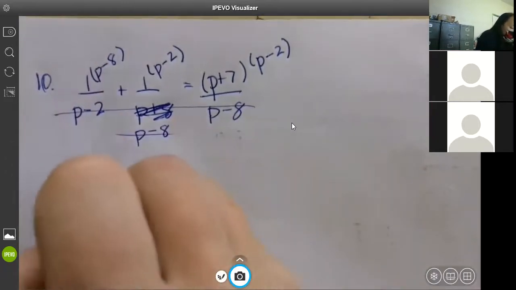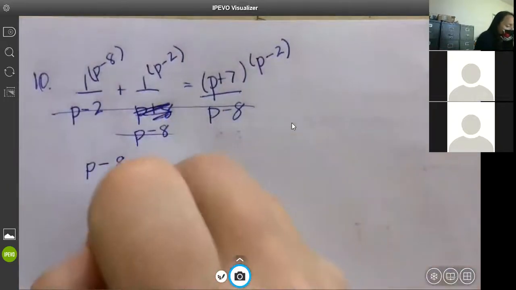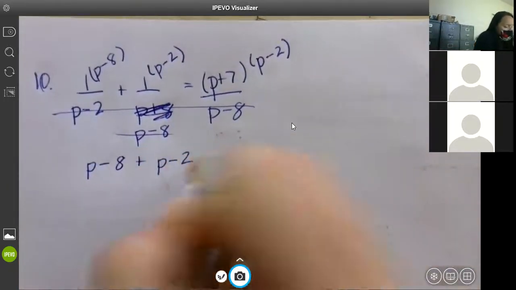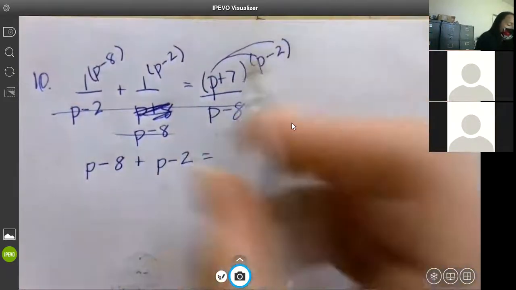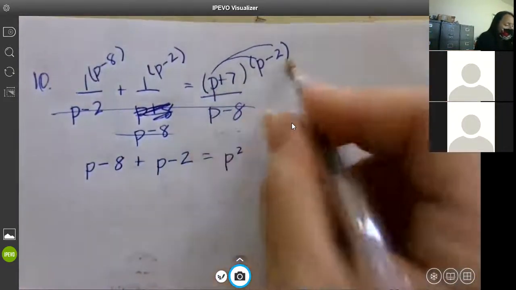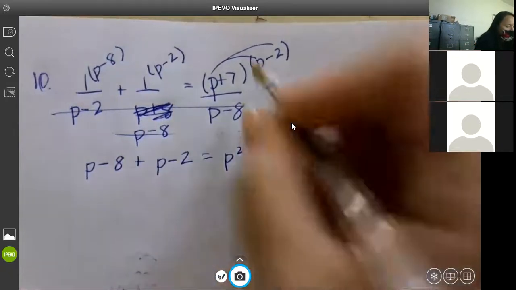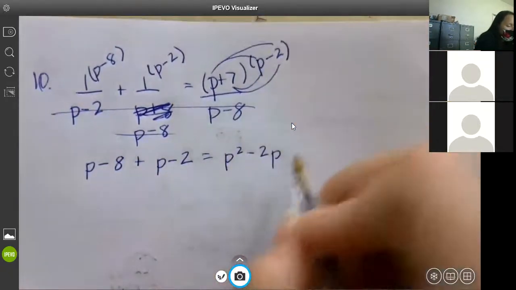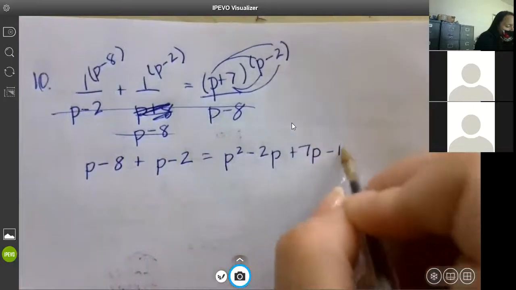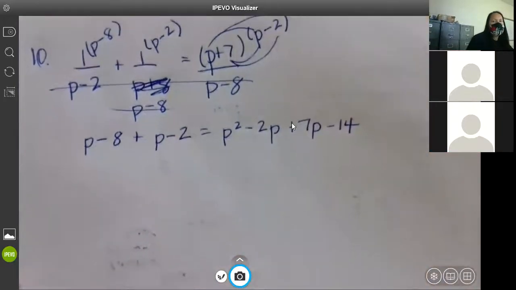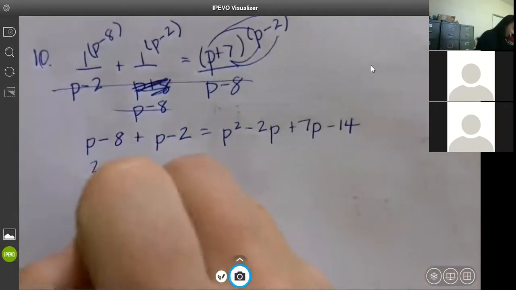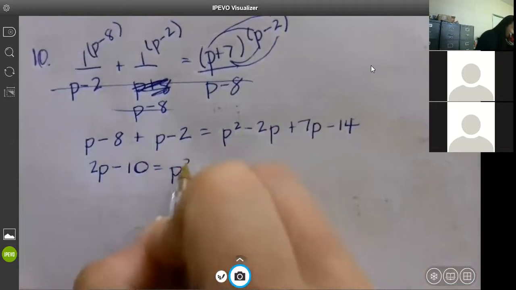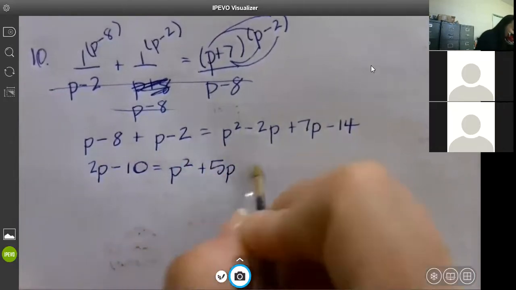This one was the only one that had some weird denominator. P minus 8 in the beginning, because when we distribute 1, we get the same thing. Plus p minus 2 in the second, because when we distribute, we get the same thing. And then we double distribute right here, so p times p is p squared. P times negative 2 is negative 2p. 7p and negative 14. So on this side, we have 2p minus 10 equals p squared plus 5p